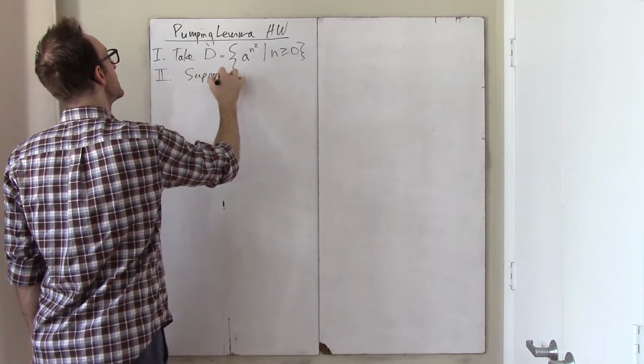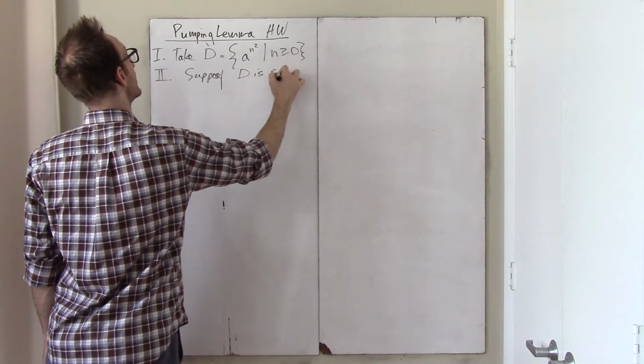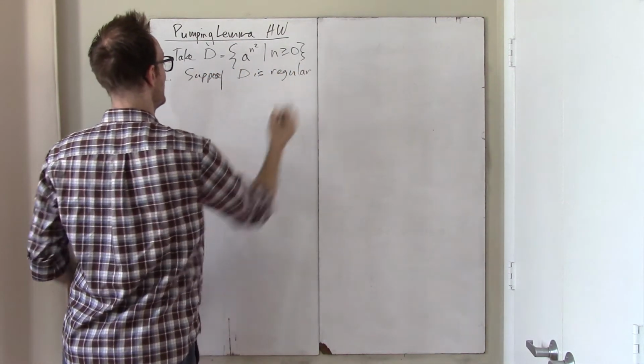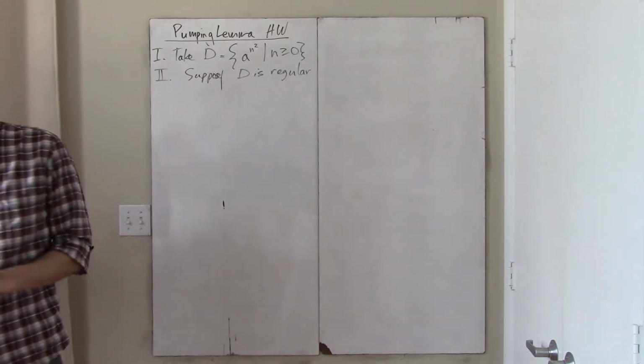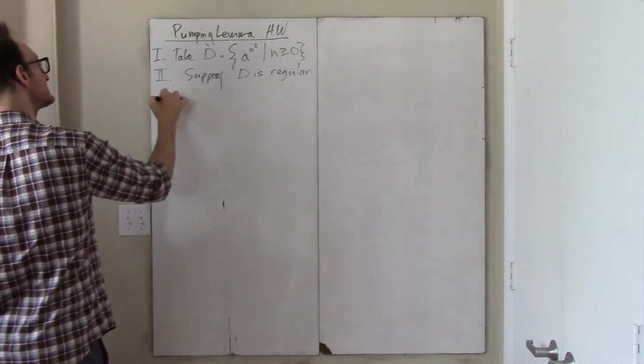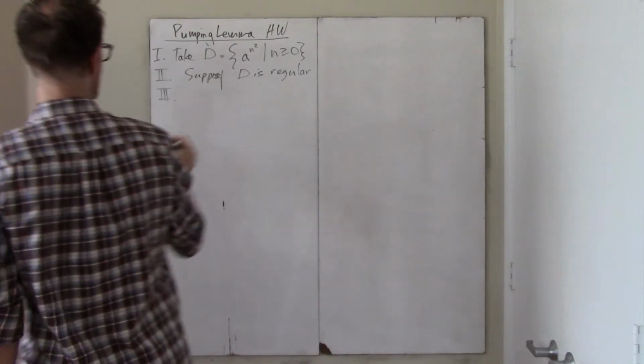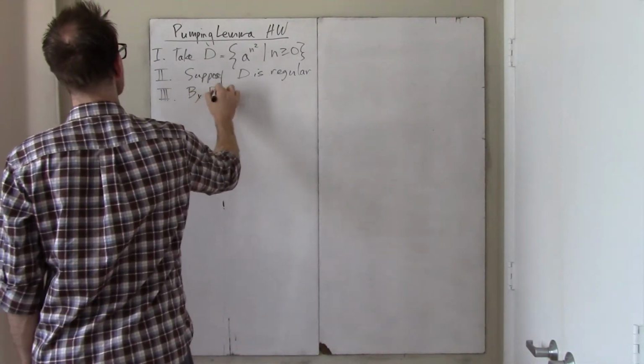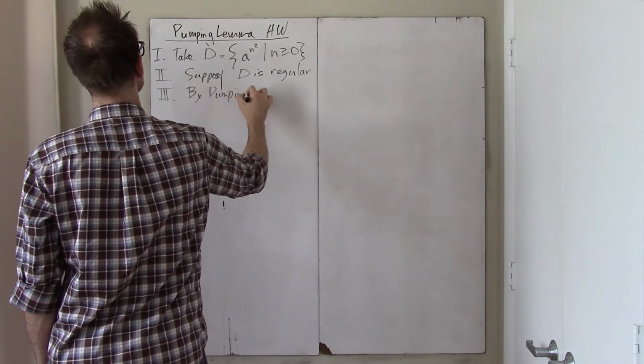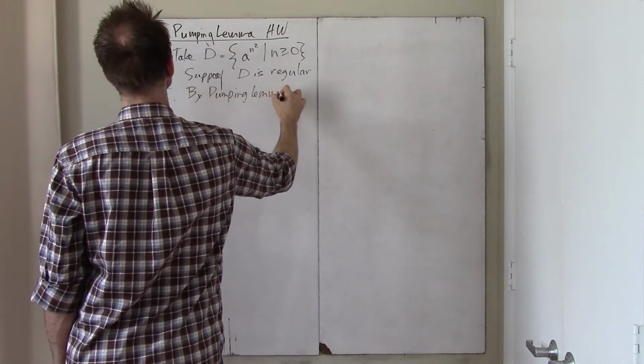Suppose that D is regular. I maybe could have just, well, too late. Suppose D is regular. Okay, step 3, regurgitate the pumping lemma. I'm going to do a better job now. By the pumping lemma,